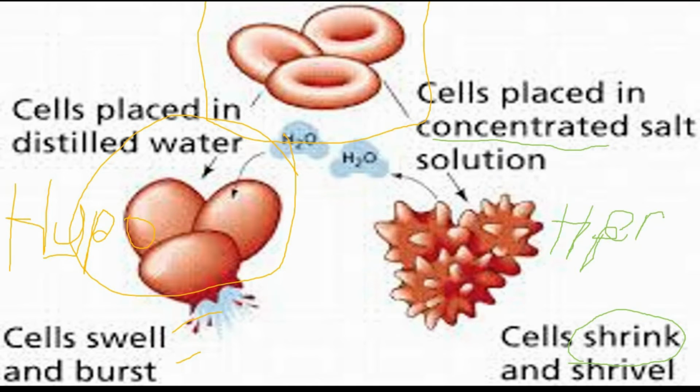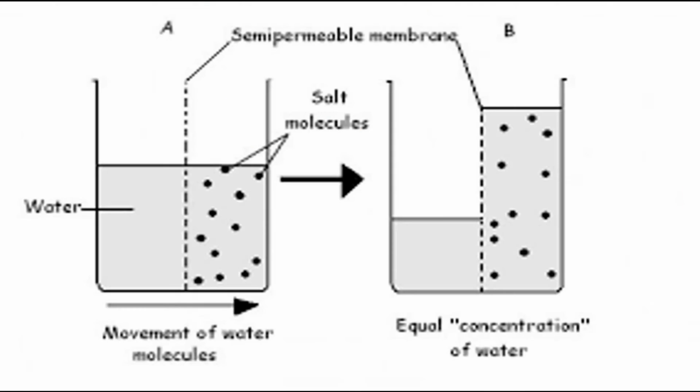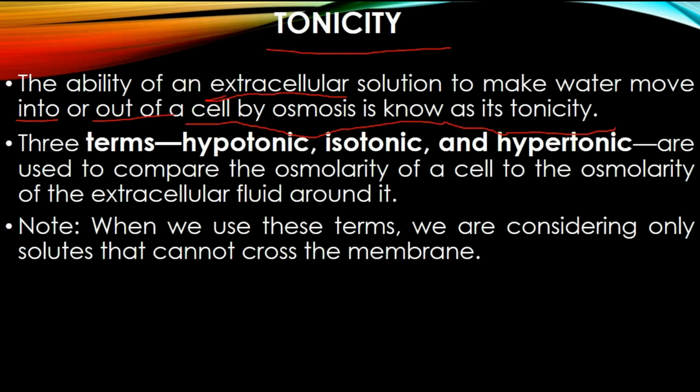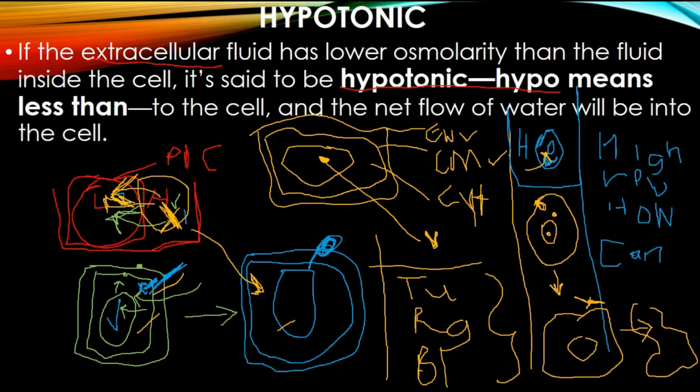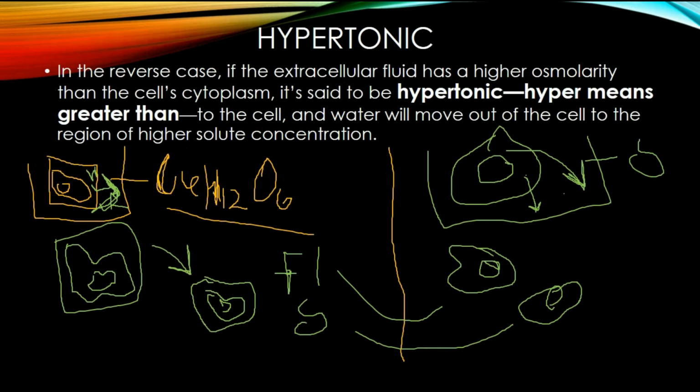Right. Good. So I want you to remember that. But the most important point, students, is to remember where water is highly concentrated, and that's where it will move. Is that clear? Good. So in this case, water is in the petri dish and will move into the cell. In this case, there is no water outside, so it is going to move out of the cell. So the next case of cell content is called